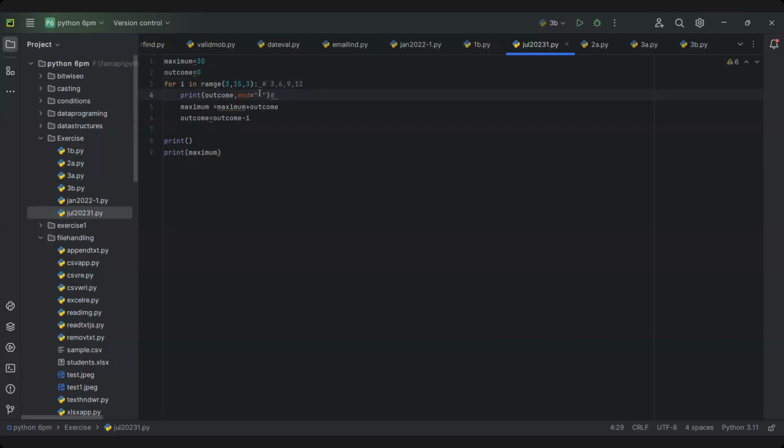Outcome. We know the value of outcome. And end is equal to empty space means you will get the print statements side by side, not one by one. Okay. You will get it in horizontal. So print outcome means 0 will get printed because we know the outcome value here. Now